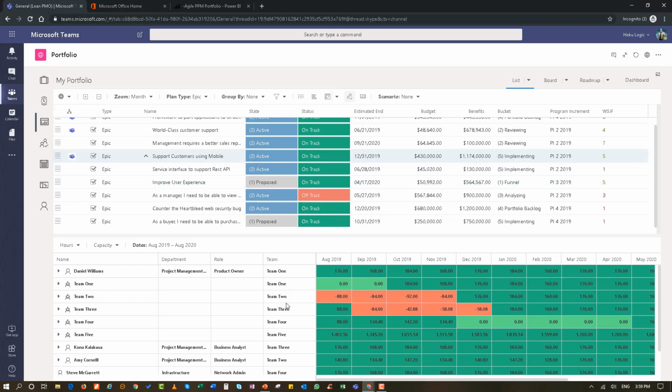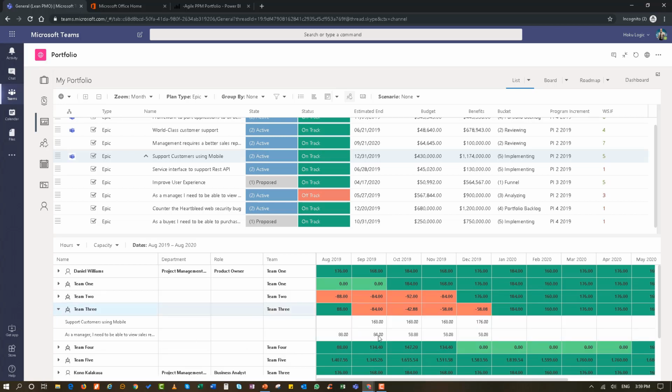And we can see that there are some teams that are actually over allocated. I can see that support customer mobile has work assigned to Team 3, and they really don't have enough capacity to actually work and support customer mobile because they're also doing